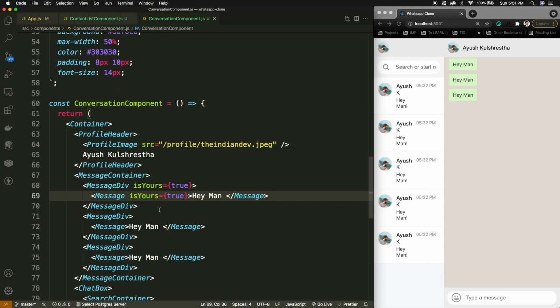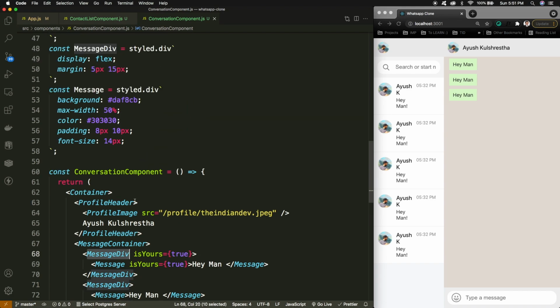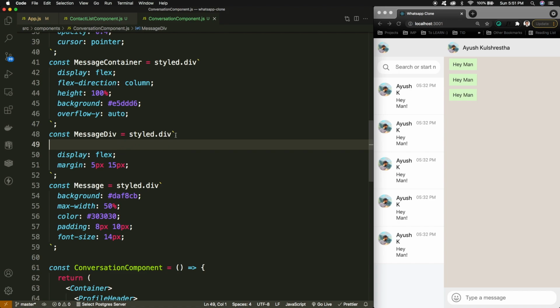So whenever we pass some data inside the styled components, you will see that you can make your styling dynamic depending on these properties. So I can use this isYours property inside the message div. Inside the message div I'll be justifying the content.